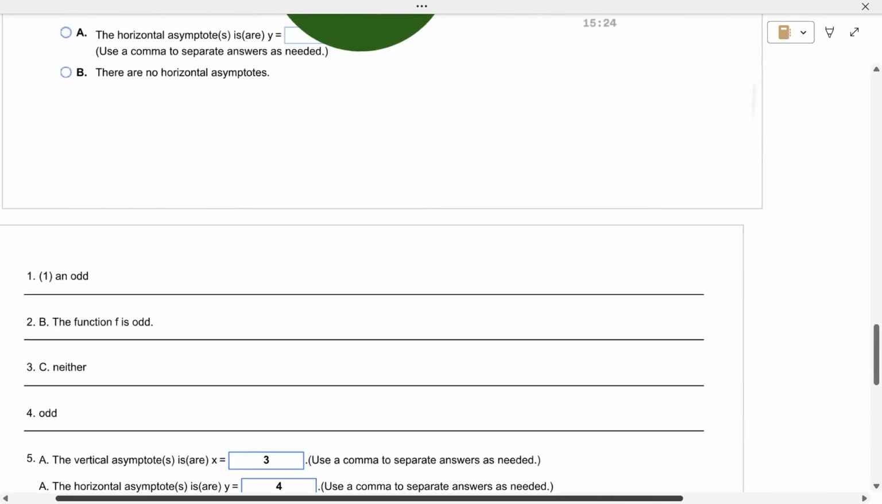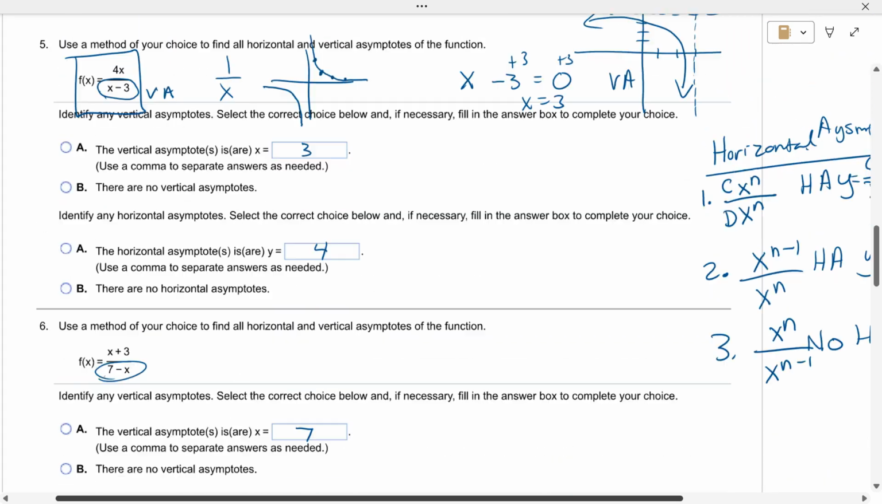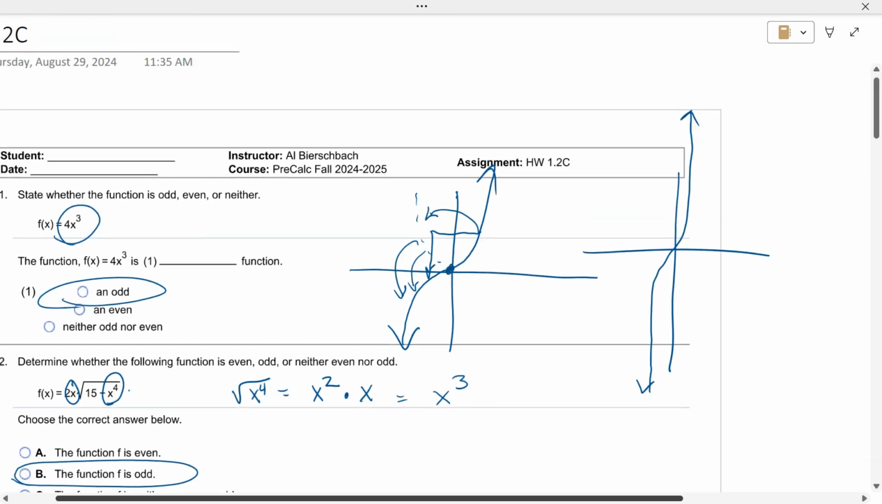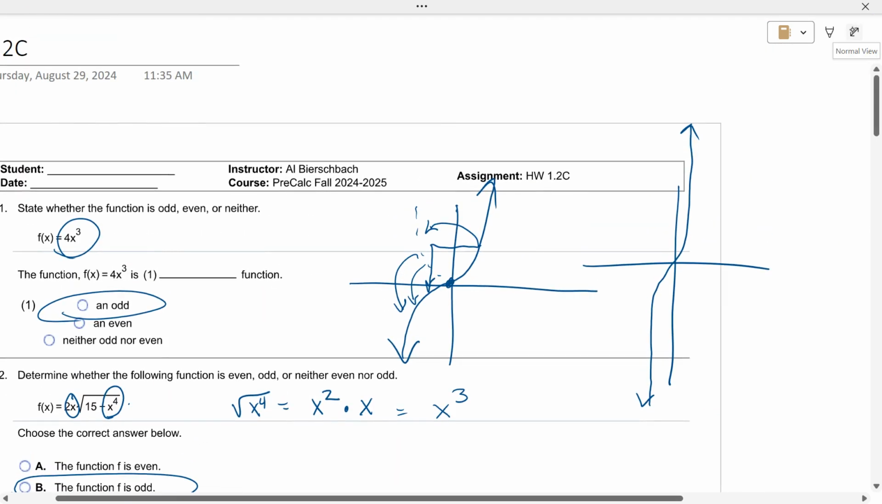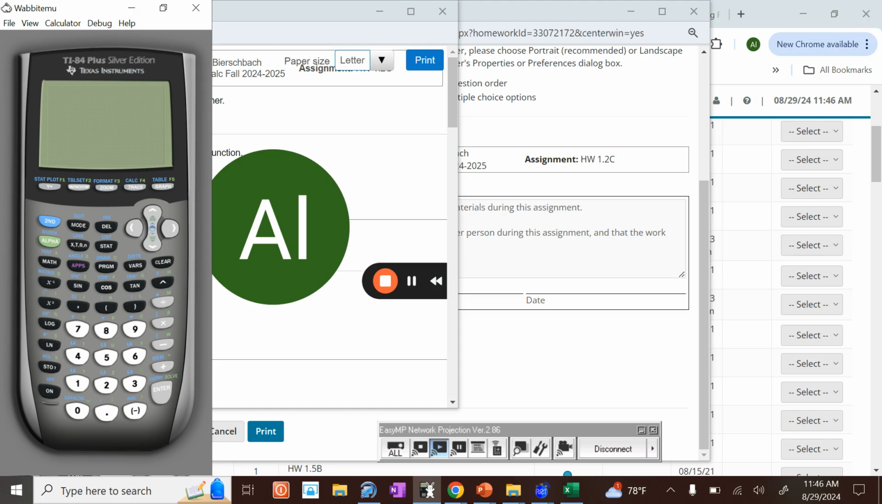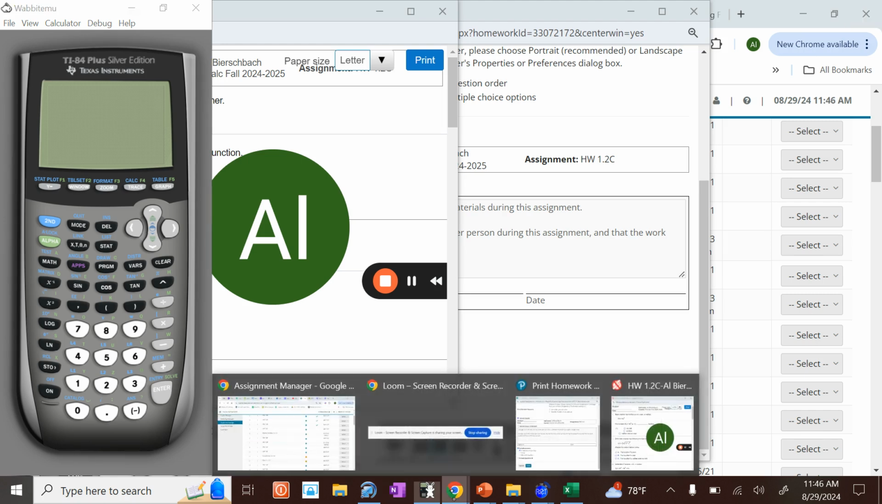All right. So here we go. After my horrible teaching today, what I'm going to do is I'm going to assign